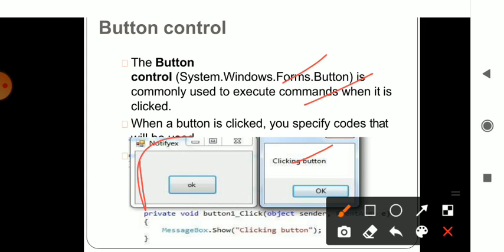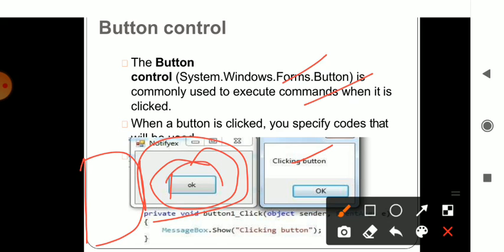Okay, this is your form. On that form you have a button called OK. How it is used: on the left side the toolbox will be displayed. In the toolbox the button option would be there. That button option has to be dragged and placed on the form. Afterwards, you don't have the message being printed, only a button there. So what message you want to print on that particular button can be changed in the button text bar, which will be there in the properties. That button text, you can change.